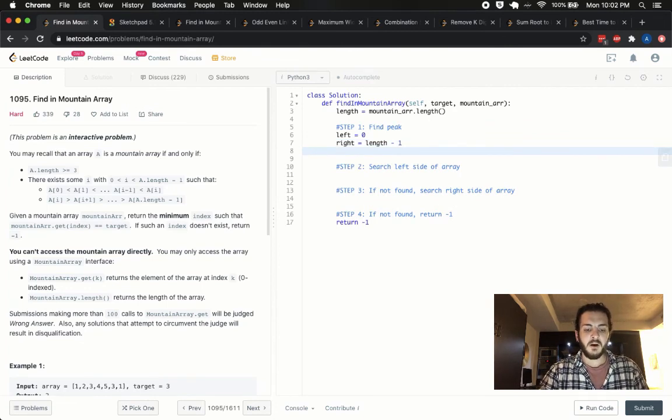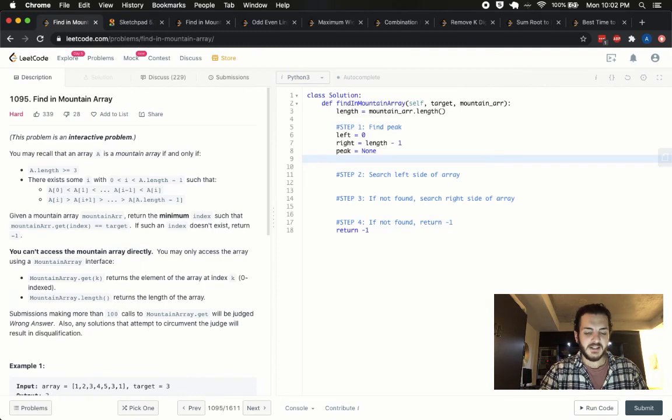We're going to jump into our standard, or sorry, let me actually initialize a peak as well. I don't know what it'll be. I'll set it to none. You can set it to -1. It really doesn't matter, I'm initializing here. And then I'm going to say while left is less than right,